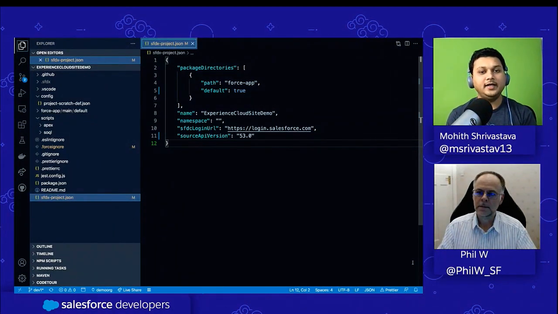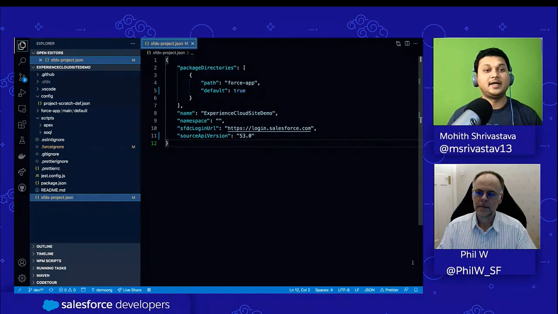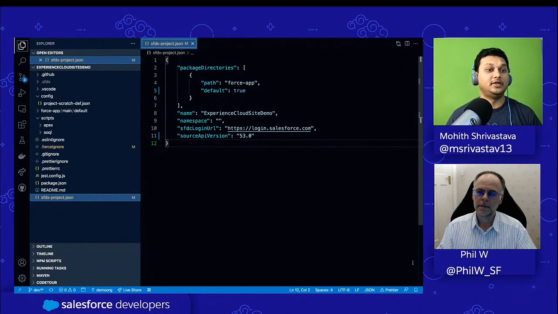But the reality is a lot of our customers are either on Sandbox or on the production org to begin with. They're not beginning their project on a scratch org. Of course, if you are doing a new project on a scratch org, it becomes relatively easier at that point because you're not pulling any metadata out of it. But imagine, you already have an Experience Cloud site and you're trying to now create a package for that, or pull the metadata, or let's say you've used site.com till now and you want to use Experience Bundle. So those kind of things, I think,